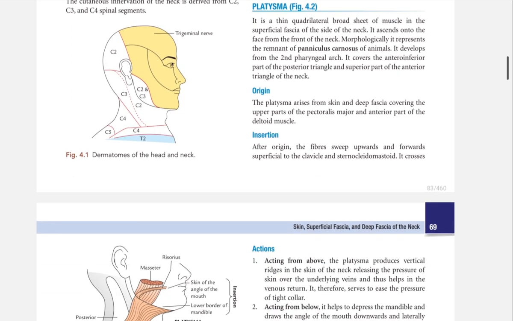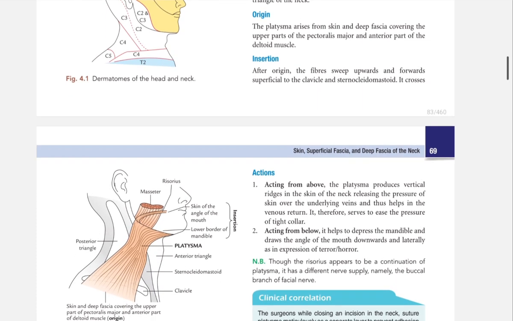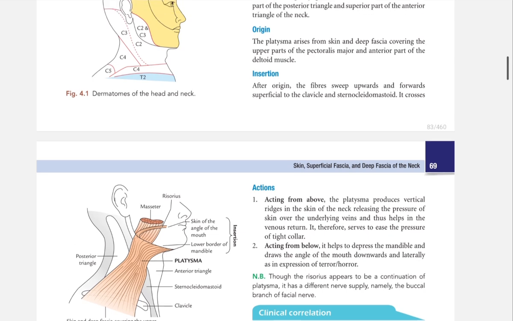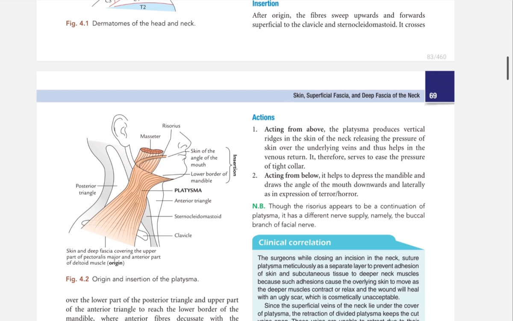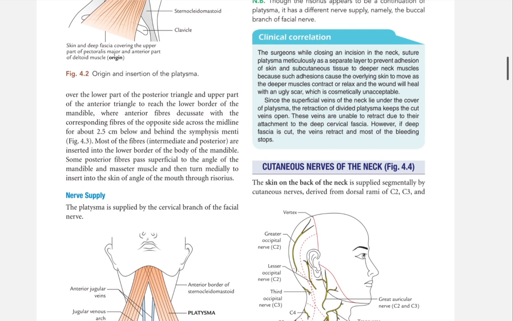Origin. Platysma arises from skin and deep fascia covering the upper part of pectoralis major and anterior part of deltoid muscle. Insertion. After origin, the fibers sweep upwards and forwards superficial to clavicle and sternocleidomastoid. It crosses over the lower part of the posterior triangle and upper part of the anterior triangle to reach the lower border of mandible, where anterior